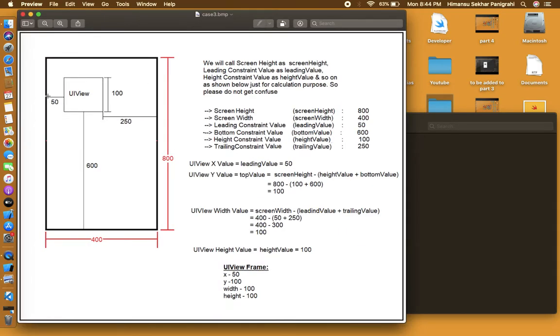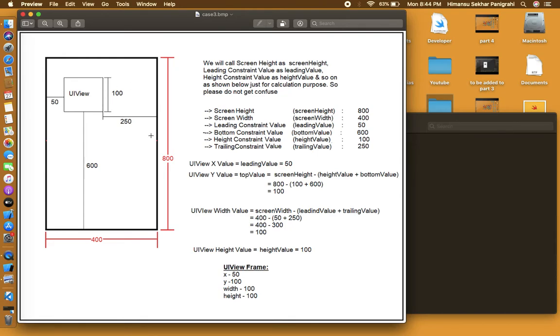Here what I have done, we have got the x value directly. Fine. Here we have got the height value directly. So we have got the x value and height value, and here no y value is directly given, and no width constant is there, so it cannot get the value directly. So these two things we have to calculate. It will get the x value directly, and the height value directly, which is already assigned as a constant, and we have to calculate the y value and the width based on what? Based on all the constants we have here.